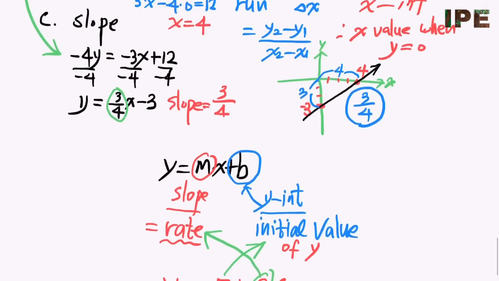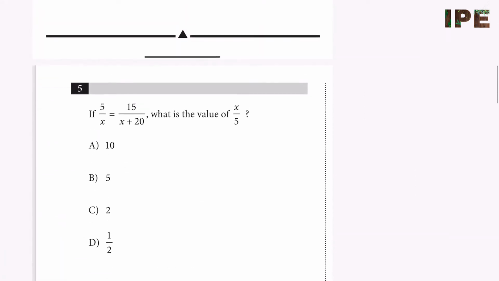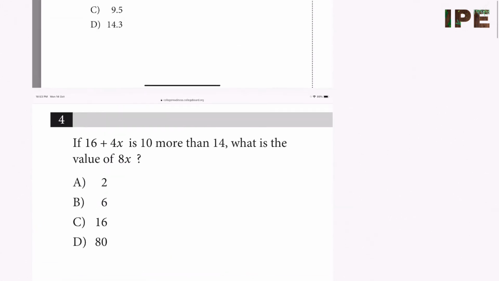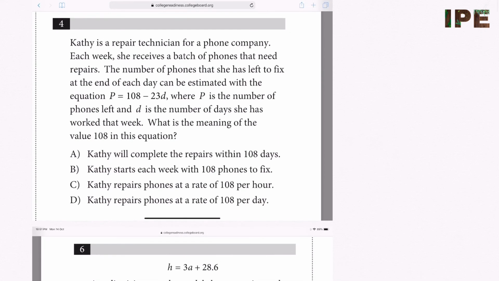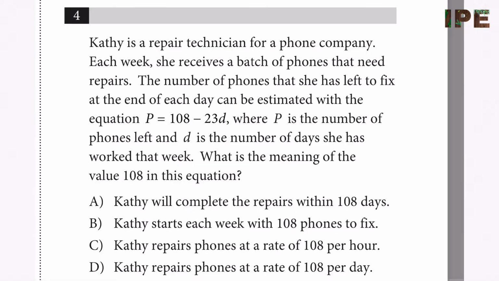Let's go solve some problems. It is an actual SAT problem. College Board released 10 practice problems. I chose 12 problems from test 1 and test 3. Kathy is a repair technician for a phone company. Each week she receives a batch of phones that need repairs. The number of phones that she has left to fix at the end of each day can be estimated with the equation P equals